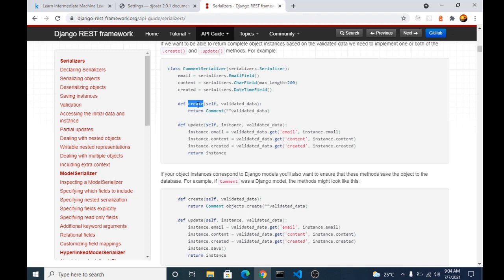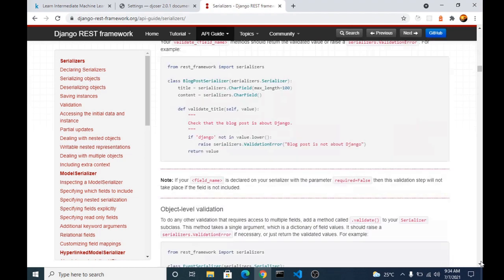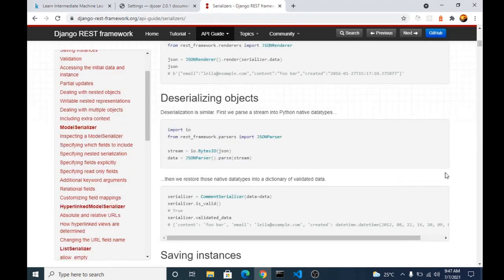So you have to first of all receive the JSON data, that is deserializing, and validate the data before you can save them or update. So all this we'll be doing in this tutorial. Alright, note also, apart from the serializer class and the model serializer class, we also have other special serializer classes